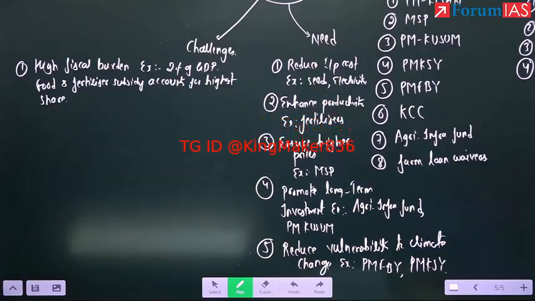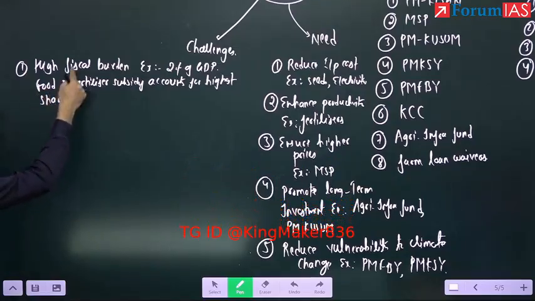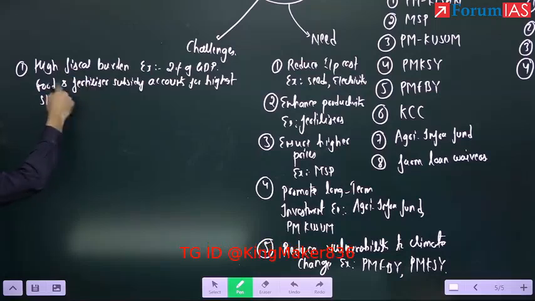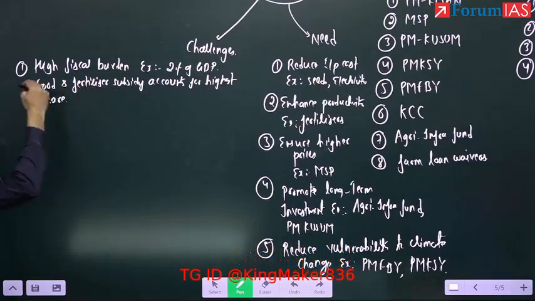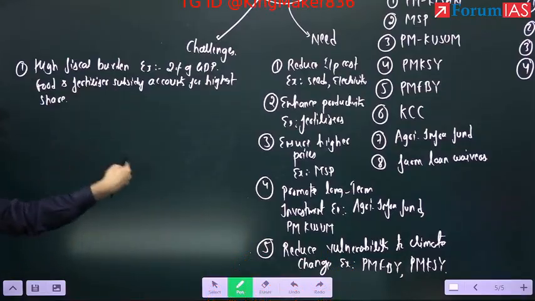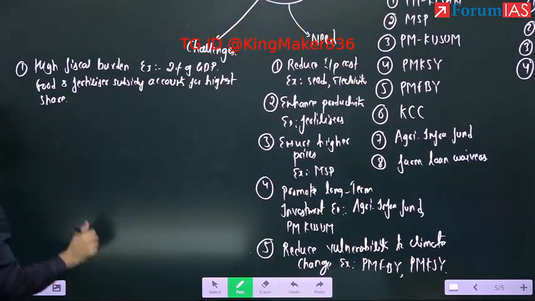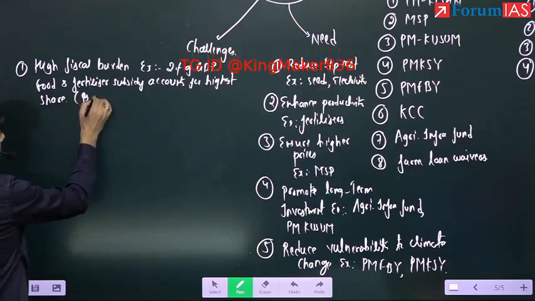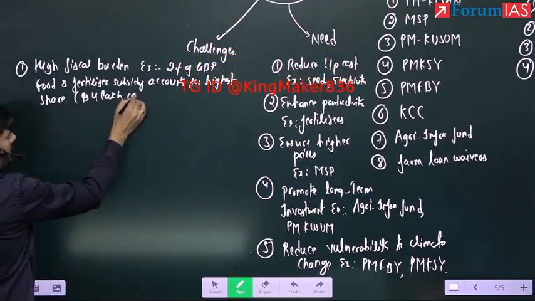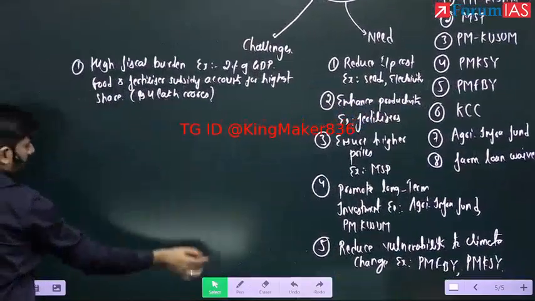Any idea how much is the food subsidy bill every year? कितना है? नहीं, बढ़ गया है. It is almost like 2.1 के आसपास. The food subsidy is around 2.1. Fertilizer subsidy is around 1.9. If you add these two, how much does it come out to be? Almost 4 lakh crores. The data changes, but it's in the same range. Food is more than fertilizer. They are around 2 lakh crore each, which is almost 4 lakh crores. So that is the first point.